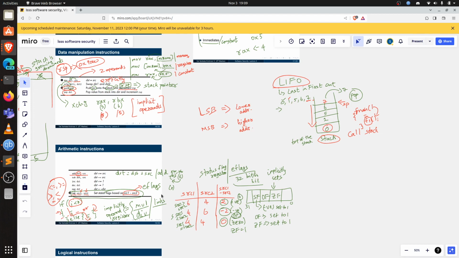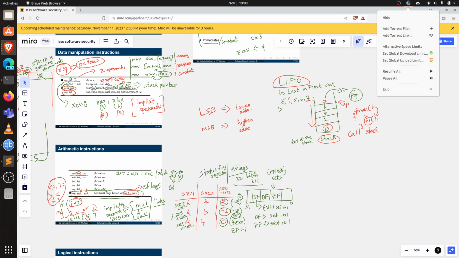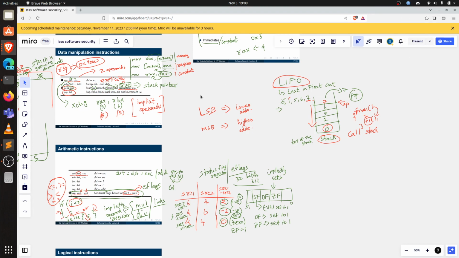The type of operands each instruction can take, and all those things, are embedded as part of your